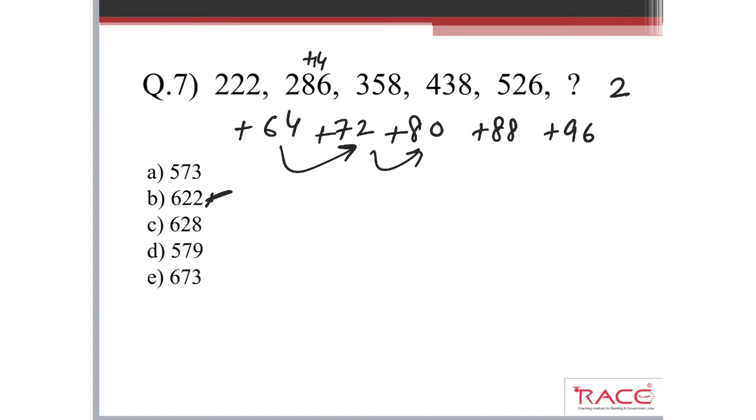Simply, here in the unit digit I have 6 and 2. Okay, a single 2. So no need to find out the full answer. Simply by checking the options you can also find out the answer. Okay, so 6 plus 6, 12. So the unit digit is 2. So here we have a single option in which we have 2 as the unit digit. So don't worry, it is not necessary to find out the whole answer, the whole value. Okay, simply you can mark this answer.